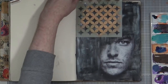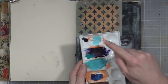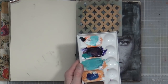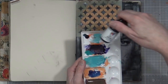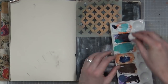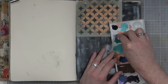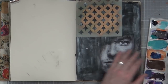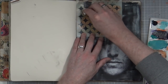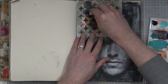Okay, so I've got one of my stencils. This is the Carnival 2 stencil. I've also put a little bit of the Dinner Weekly buff on that palette there, along with some black, so Dinner Weekly black. You could use black gesso on this as well if you wanted to. And what I'm going to do is I'm just going to pick up a little bit of the black and a tiny bit of the buff, and I'm going to start just to incorporate some of those down